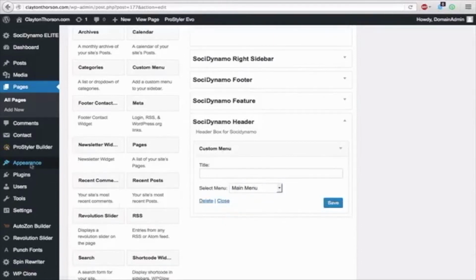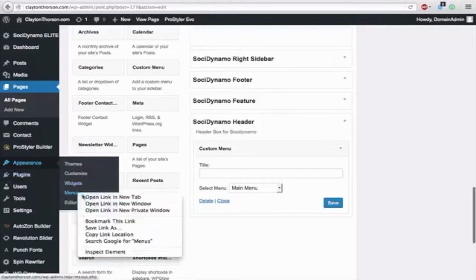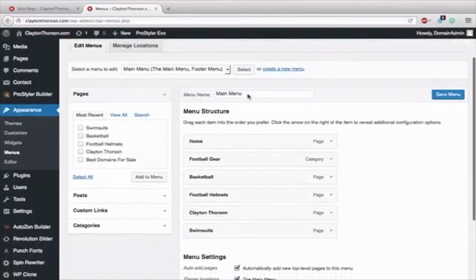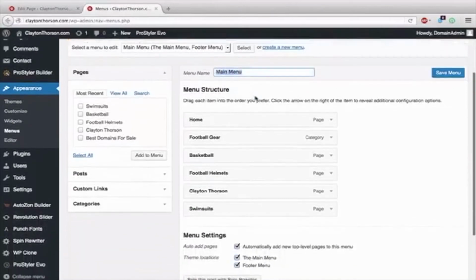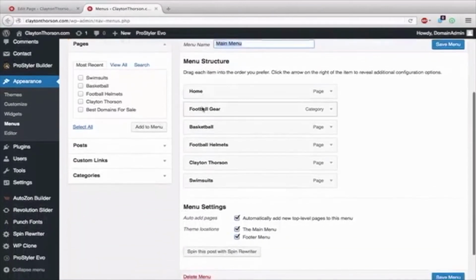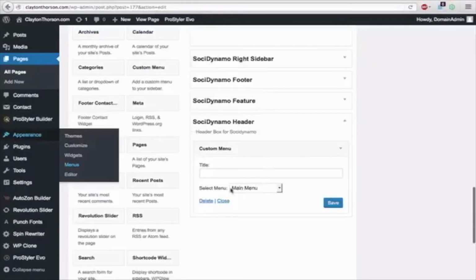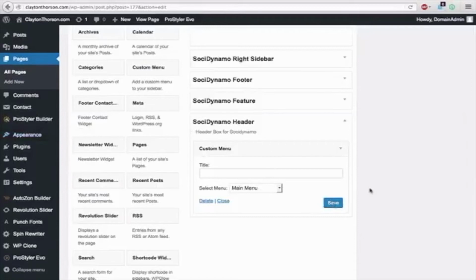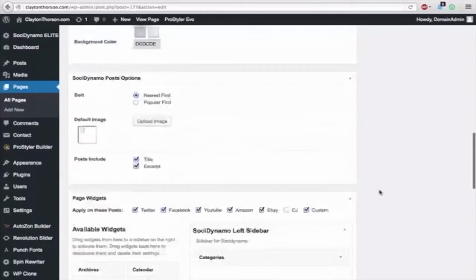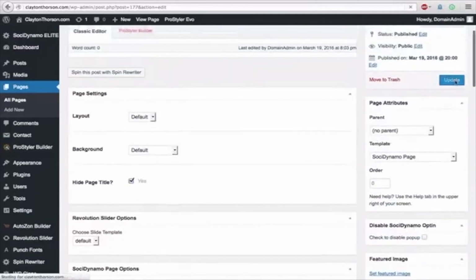As you can see, appearance, we'll go over here and show you that indeed we did call it main menu. Okay, right there, main menu. And here are all of the items on our menu. You saw this on the home page. That's where it was displayed, all of these different categories, all these things on the main menu. So we go back here, main menu, there it is, hit save. Okay, you can see there it's saved so that it is indeed going to be placed in the header. We go up here, we'll hit update. Now the page will be saved.